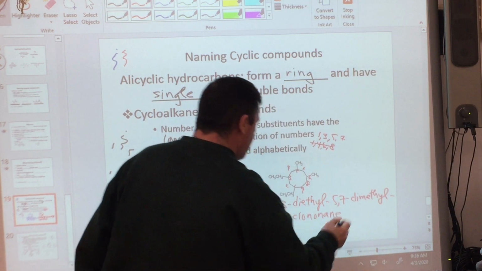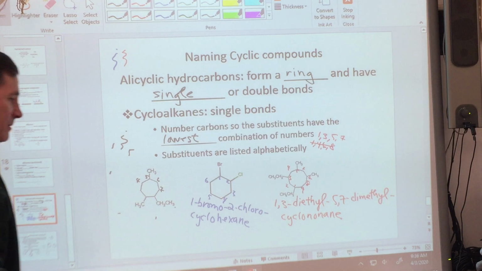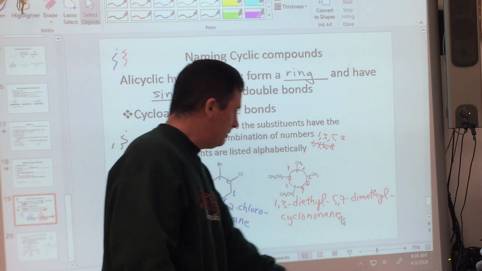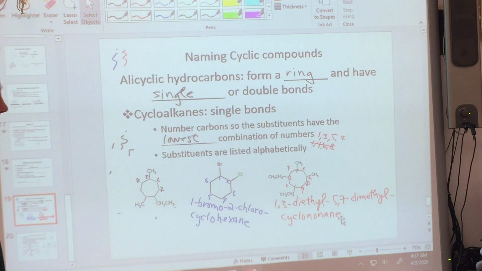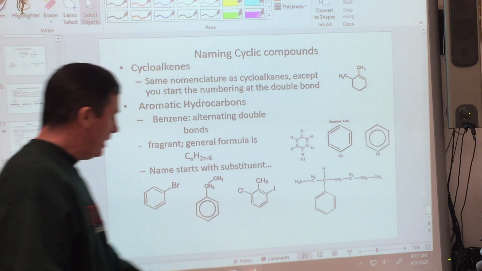Nonane. 1,3-diethyl-5,7-dimethylcyclononane. All right, so these are a little bit more challenging. Here's the last one. Sometimes you can have